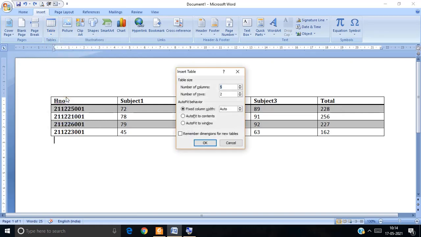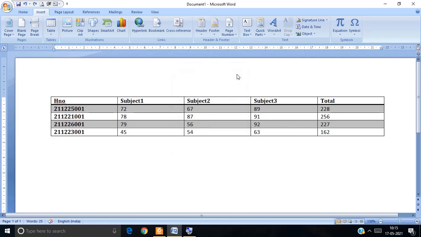By choosing the Insert Table option you will get that window. So you can select how many rows and how many columns you want to insert. You have to give only positive numbers, no negative numbers, from 1 upward. It doesn't accept 0 because 0 is not valid here. So that is the way to insert tables here.